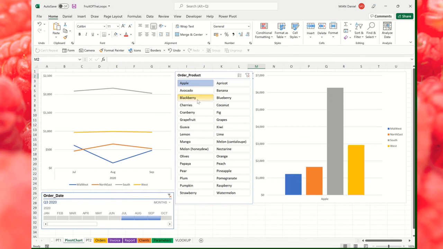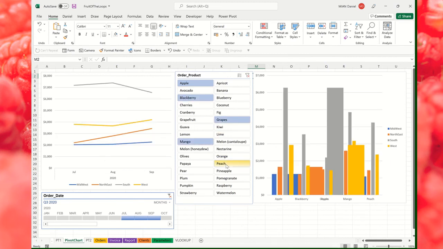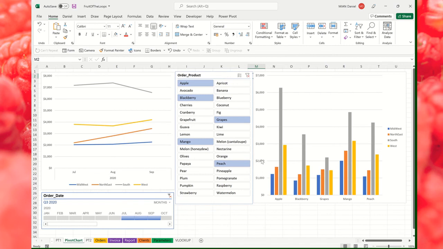Right? So anyway, we can now choose multiple products and get both charts updating. And that's what I wanted to show you. We can of course do more things with these charts, but well, we'll do that in class as we proceed. Right? There are all kinds of things we can do to format these charts. Okay, well,